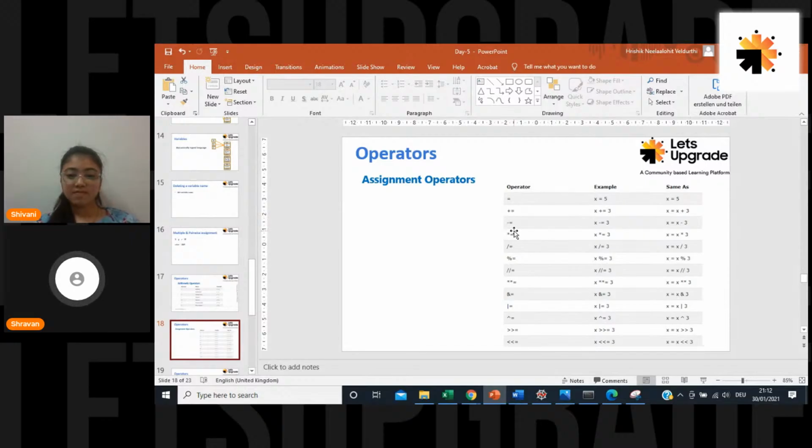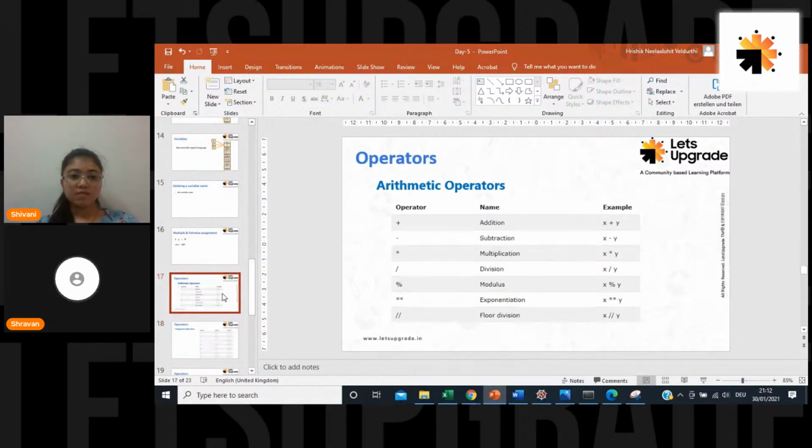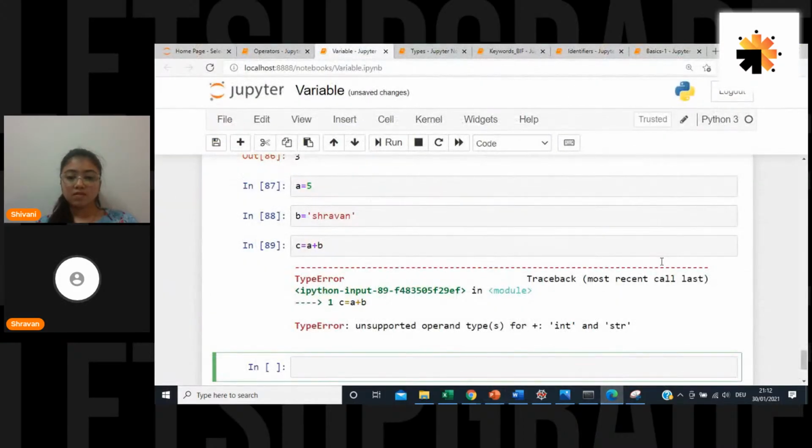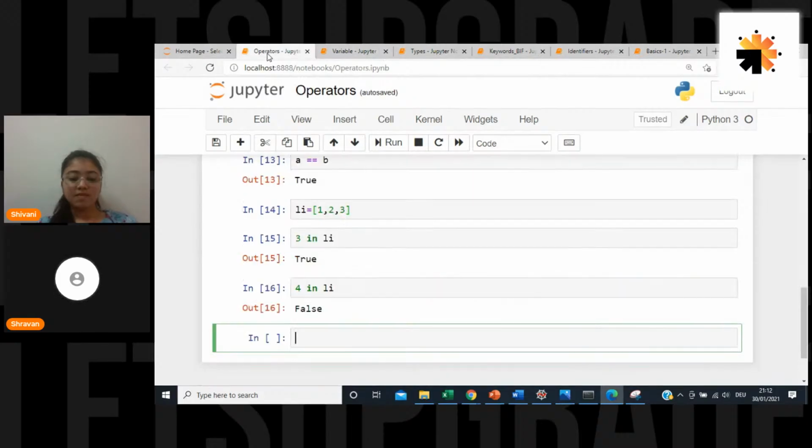And the same thing goes with minus, then multiplication, and there are so many things. Actually, this we will be discussing later, because it will confuse you a little bit, so I don't want to discuss it here. So operators, I wanted to go through very quickly because it is not that complicated. So go ahead and take operators.